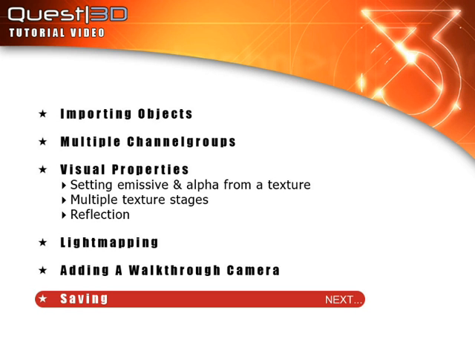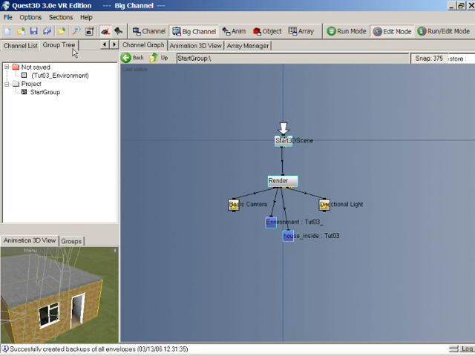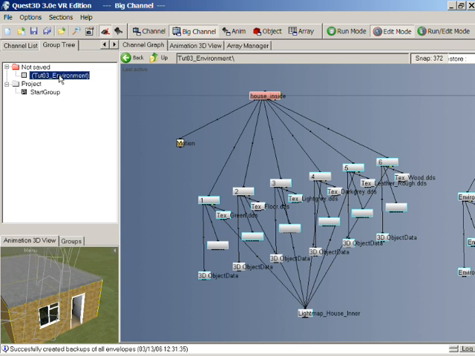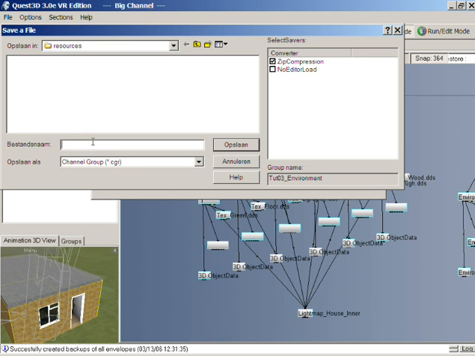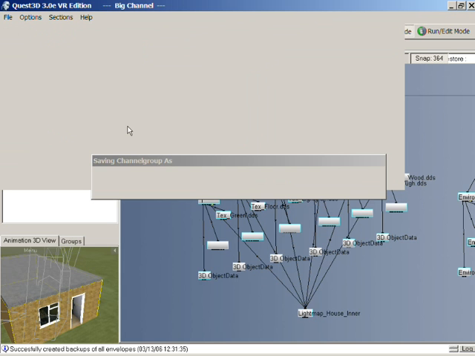We're now going to focus on saving. Now you can see in our group tree here, our current channel group, the Tutorial 03 environment, has not been saved. It's telling us that it's not been saved there. So let's have a look at saving it. If we go to File, Save Group As, and then set a place to save it, and just call it Tutorial 03 environment, and then hit save,